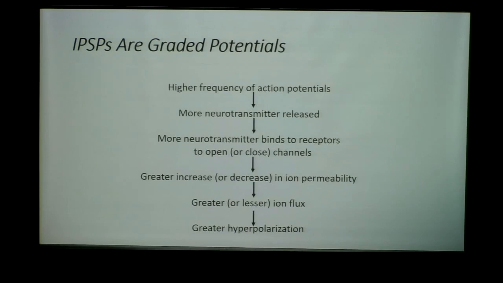So basically, we can use this frequency of the action potential, how fast we're firing them, to grade, right? Or to code the strength of the signal. And so we can have a stronger influx of ions giving us a stronger signal, or a less influx of ions or slower influx of ions giving us a weaker signal, okay? So don't think that because action potentials are not graded, that they're all or none, that we cannot grade different stimuli, right? We can have subthreshold stimulus, threshold, and